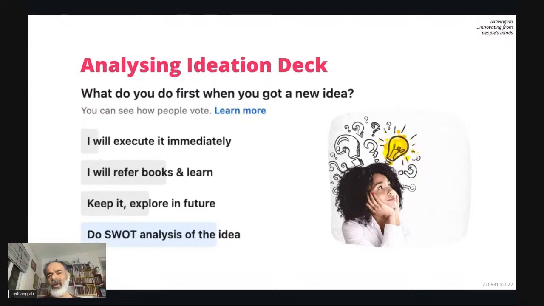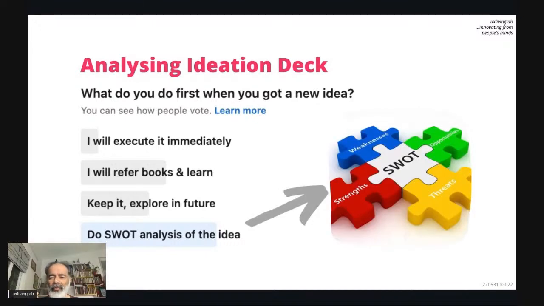Because a lot of things come to your mind. You won't think that it's an idea. So you are having breakfast. Is it an idea? No. You are taking your bath. Is it an idea? No. Just thinking about anything that comes to your mind is not an idea. When new things come to your mind, you notice it and you consider it as an idea. That's a fact. So in that context, you have to think, are you capable of doing SWOT analysis?